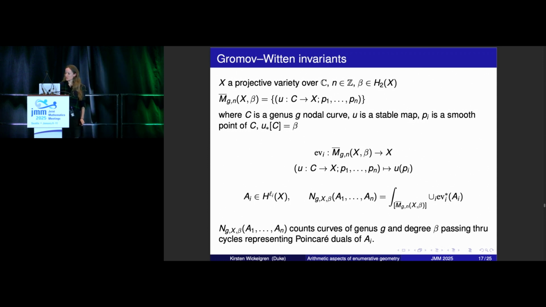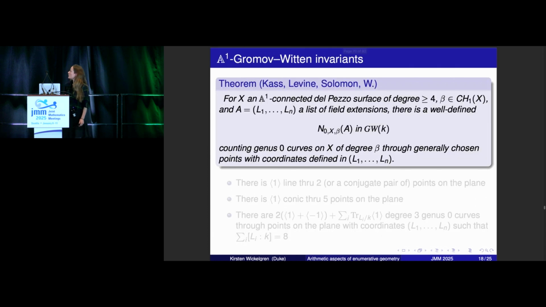So in A1 land, we can define some of these. We can define the ones in genus 0 and on Del Pezzo surfaces, because these have nice moduli spaces where the push forwards are something that we can define. And so what we can do is for an A1 connected Del Pezzo surface of degree greater than 4. In fact, you can do a little bit better than this, but for simplicity,